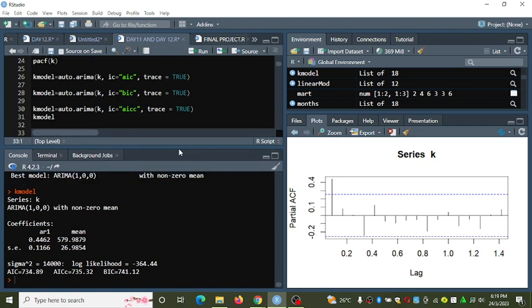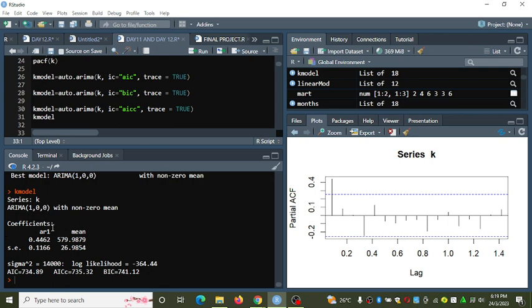Let's learn what is contained in this part. Now, this is ARIMA of order 1, 0, 0. This is autoregressive part of 1, integrated 0, and the moving average of 0.